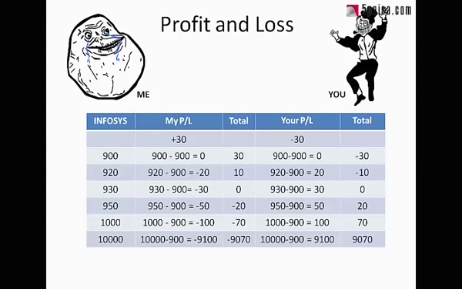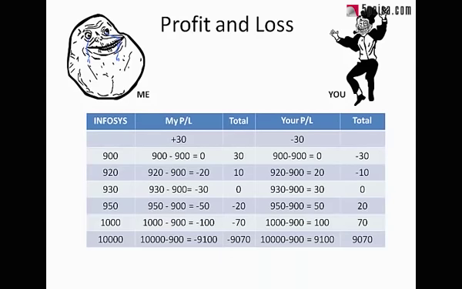In your case, it's a gain of 20 on the stock, a loss of 30 on the premium, which leaves you with a net of minus 10. At 930, I lose 30 on the stock, gain 30 on the premium, you lose 30 on the premium, gain 30 on the stock, but both of us end up with a 0 loss, 0 profit. At 950, I gained 30 on the premium but lost 50 on the stock, which leaves me with a net of minus 20, whereas you gained 50 on the stock, lost 30 on the premium, which leaves you with a